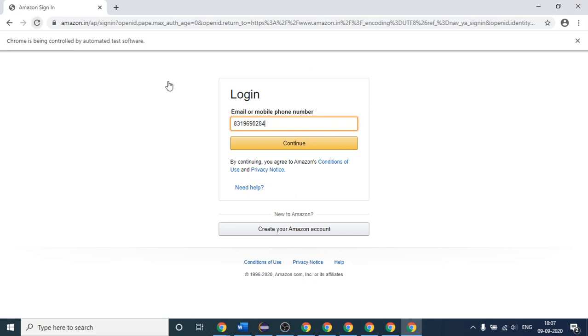Okay, so it has entered, and it has clicked on the continue button. You can see I have not clicked it. Okay, it has clicked it automatically. So after this, it will redirect to the next page. See, it has opened another page.